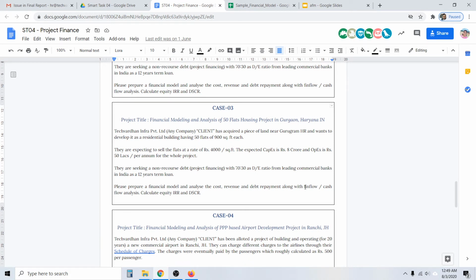The developer says that we will do the construction for 1.5 years. After that, whatever your interest is, plus the 2 year interest, because I need at least 2 years to sell the flat, all the flats. So the bank says, okay, my debt, the principal amount is 7 crores and the interest will be 3 crores. 10 crores you need to pay me back.